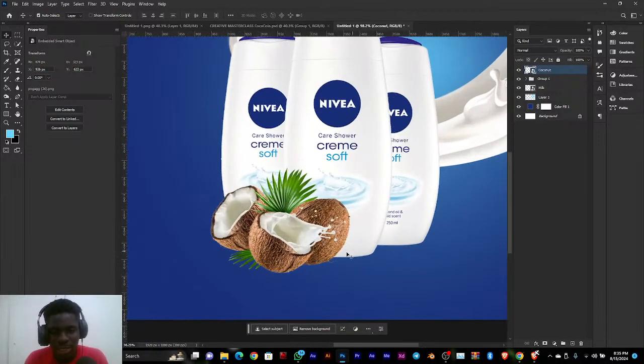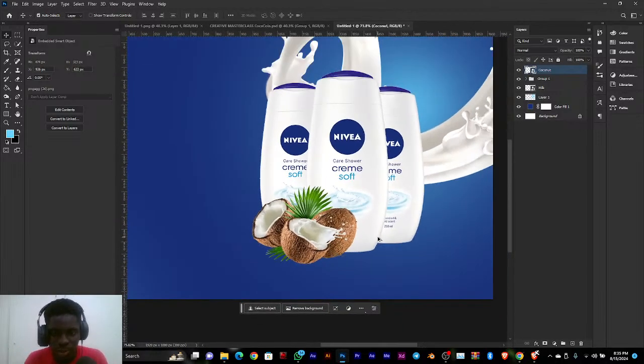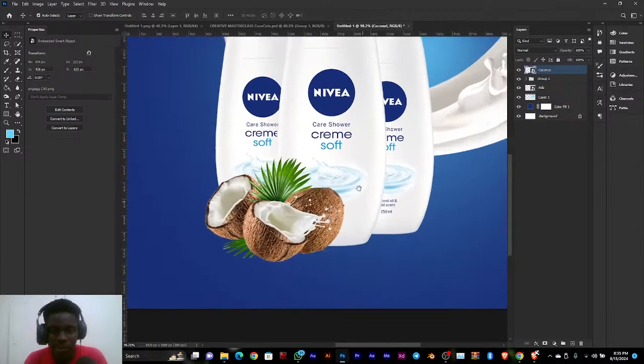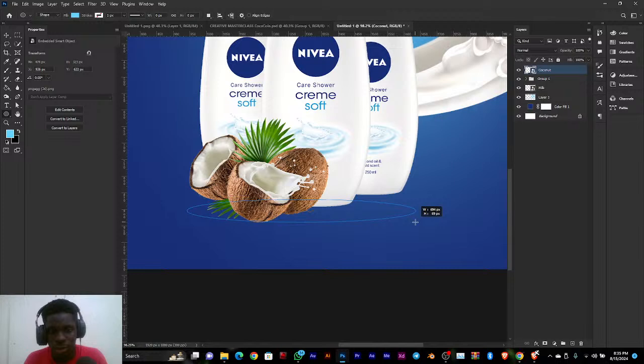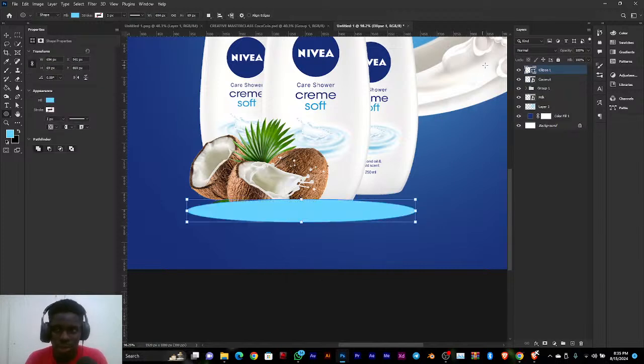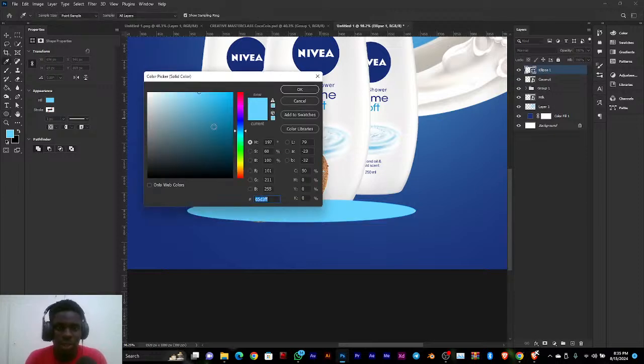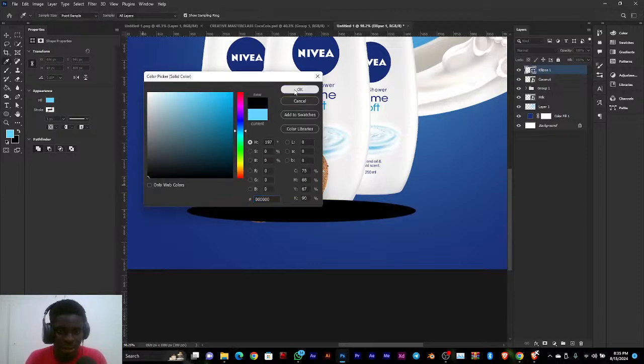So looking at this, let's create a simple shadow around here. So you come to your rectangle tool, right click and select the ellipse tool, and you can just draw a simple horizontal ellipse or circle, whatever I want to call it. Change the color to black,